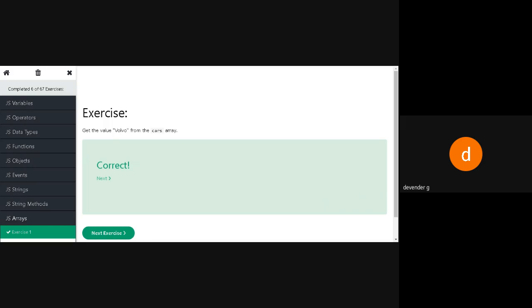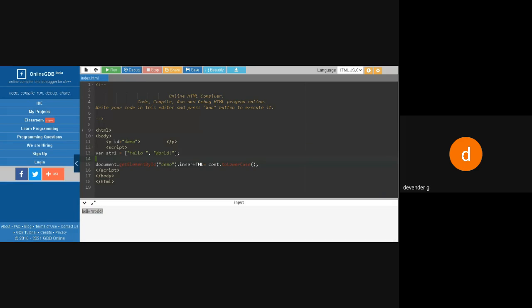Now I want the position of this string, so I'll say string of position 0. What will be the answer we are expecting from this? Hello. So we'll see whether that is going to come or not.